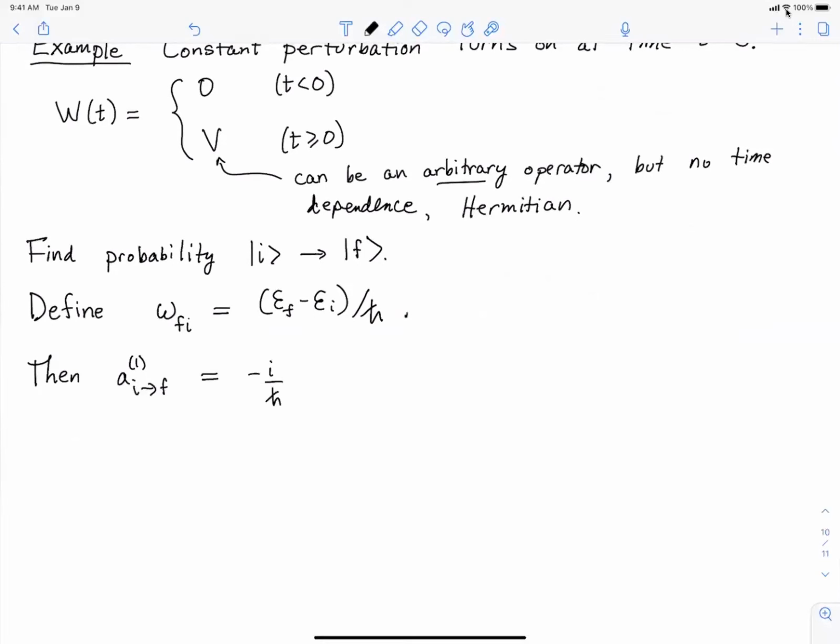And so there was our factor of minus i over h bar. And now the good thing is that because our V here is defined to be a constant, when I take its matrix element, I can pull that out of the integral. And so here I've got the matrix element between the initial and final state. And then my integral over time